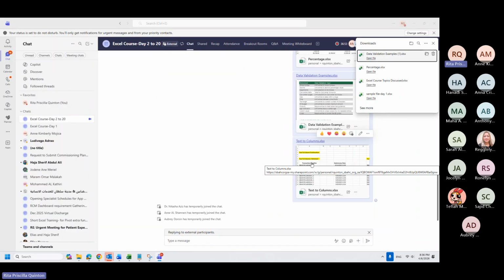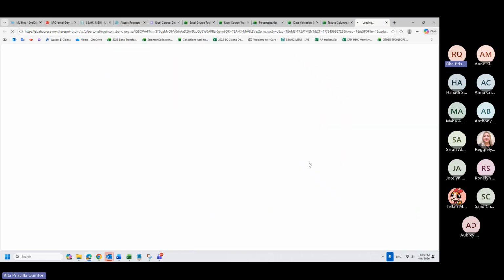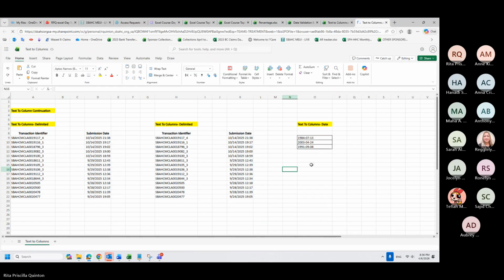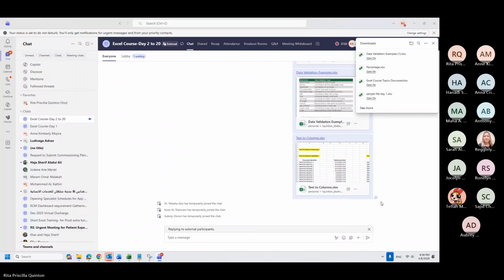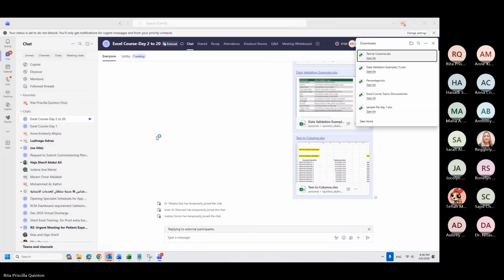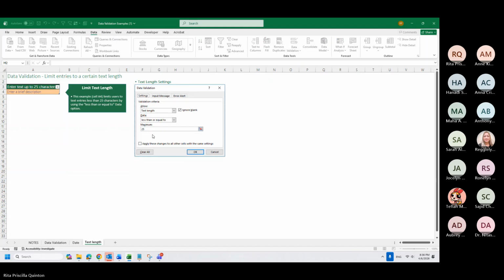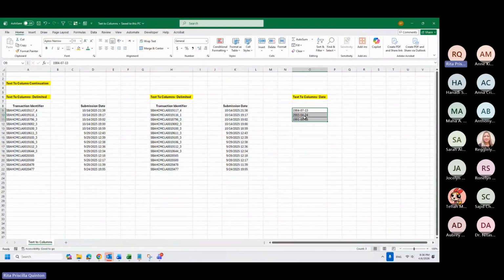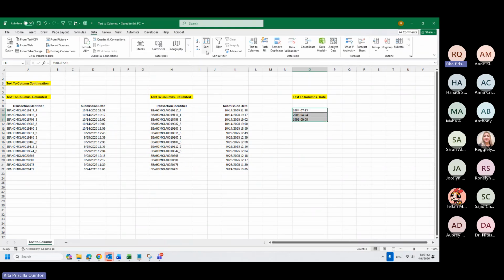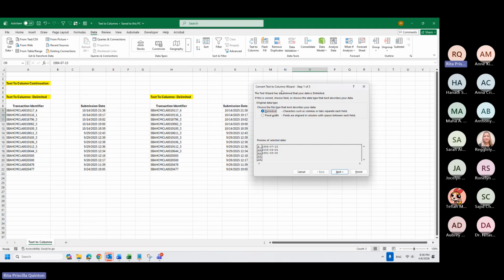Okay. The third file, text to columns. Yesterday, we discussed text to columns for the date. I just want a quick refresher. So we went to Data, Text to Columns.